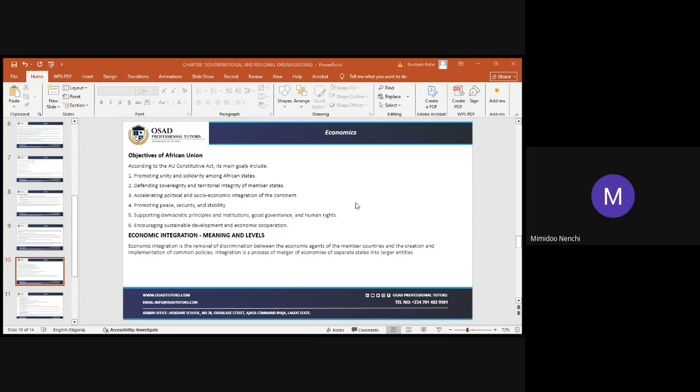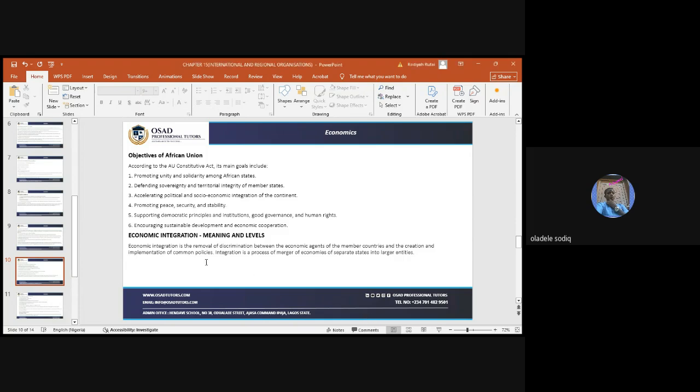No, we can continue. So this particular chapter, like I said, focuses majorly on you studying dates. You need to understand dates, the established date, that is one. You also need to understand the objectives of each of these international organizations. You need to understand the objectives, the date, and member states. How many member countries do they have? Those are the things you need to take note of. Most especially the objectives, very, very important. Please take note of that.